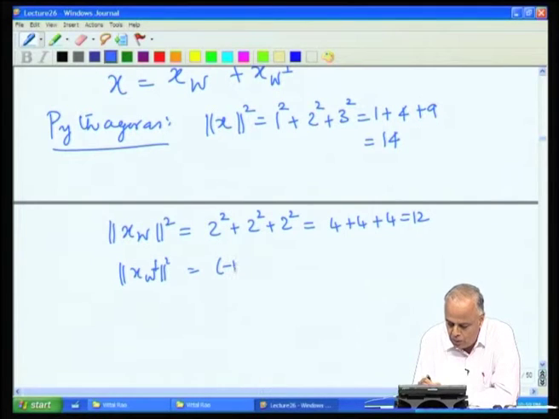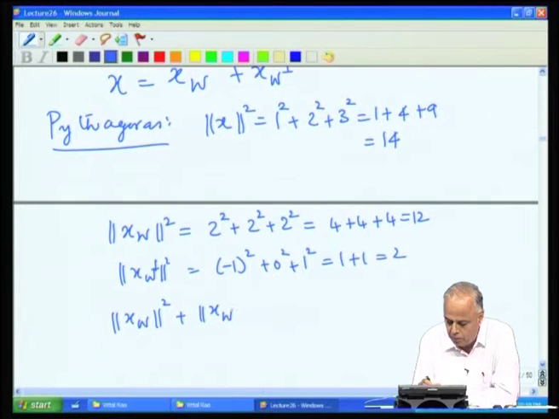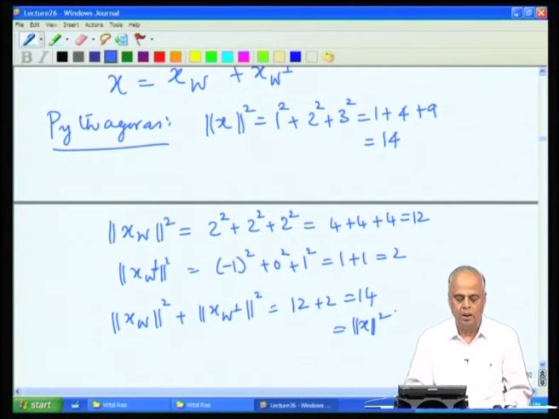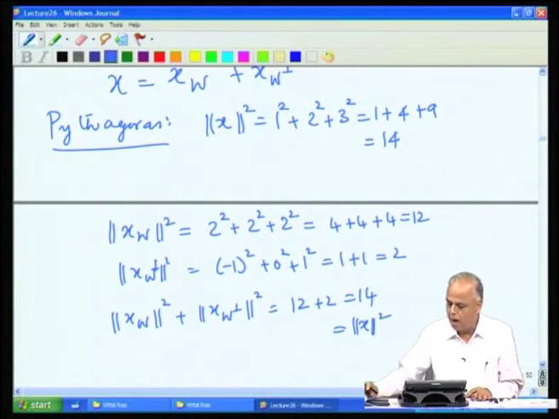is (-1) squared plus 0 squared plus 1 squared, which is 1 plus 1, which is 2. Therefore, x_W squared plus x_W perp squared is equal to 12 plus 2, which is 14, which was the norm of x squared. This is the one that now verifies the Pythagoras theorem. So, we have therefore,